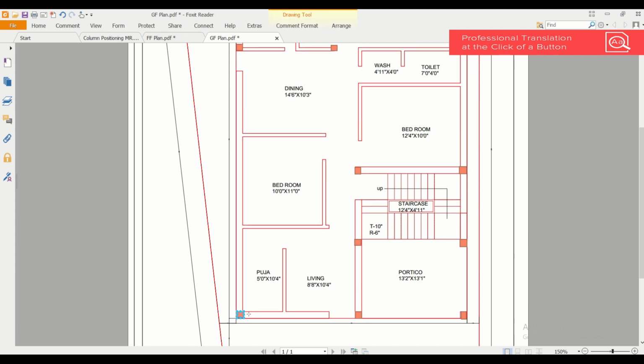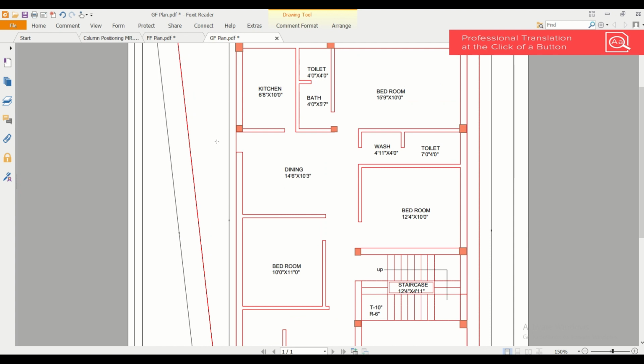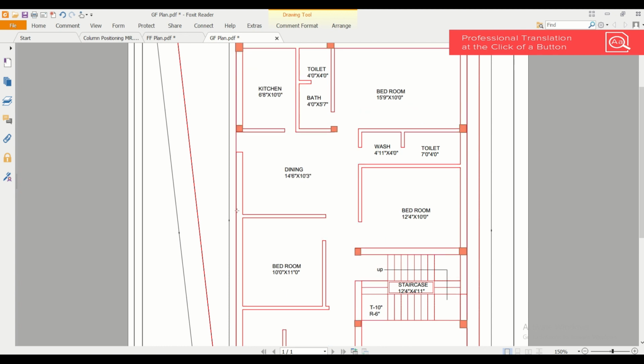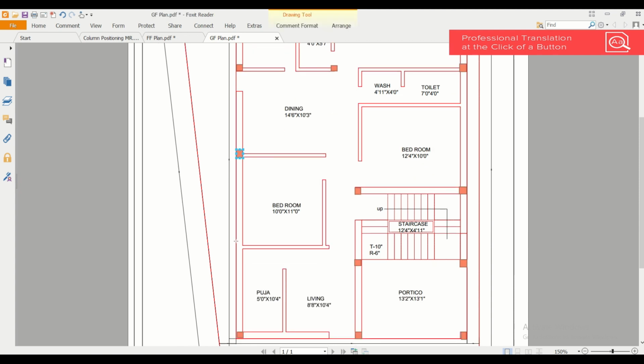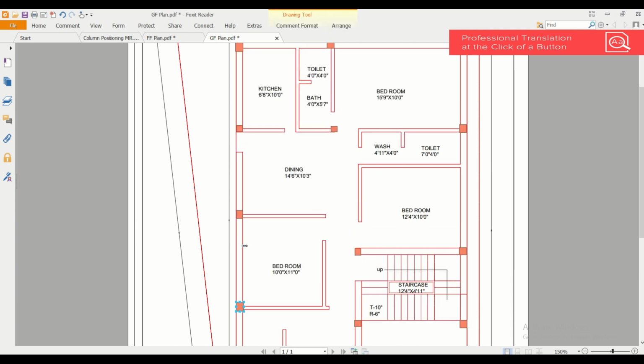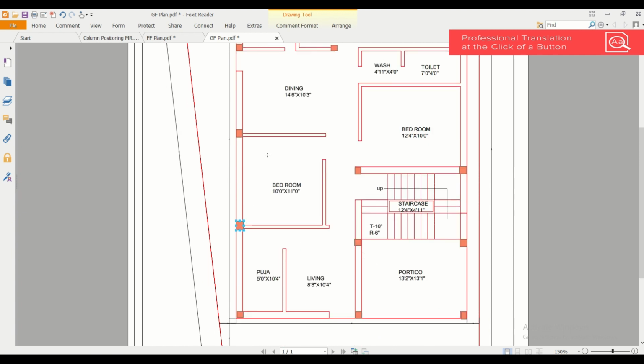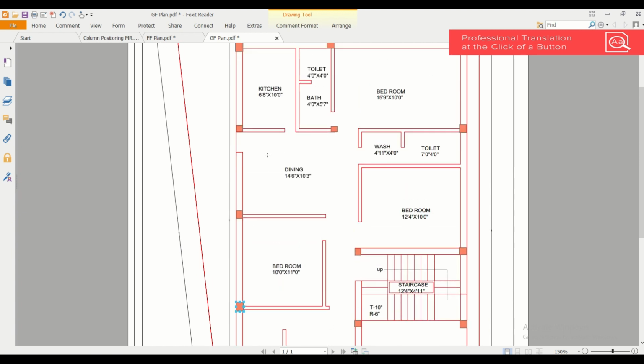So now we have the main beam which will go like this all through. And now let us check this particular row or column, and in this we have a span of 14 feet 6 inches, and this is 10 feet. So we need to provide a minimum of two columns along this row. So we'll just provide a column here, and we'll just provide a column here. So as you can see, we have assigned columns so that the span between these two columns is not too much. So this is the column.